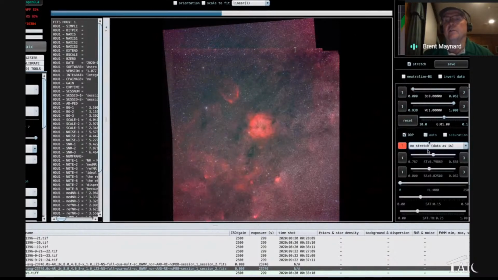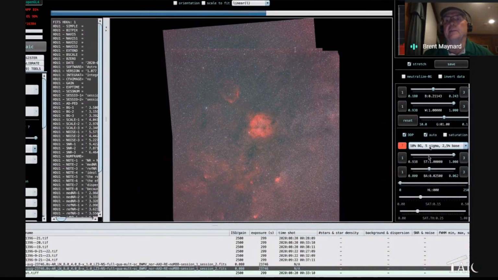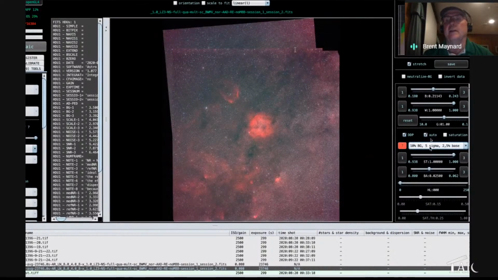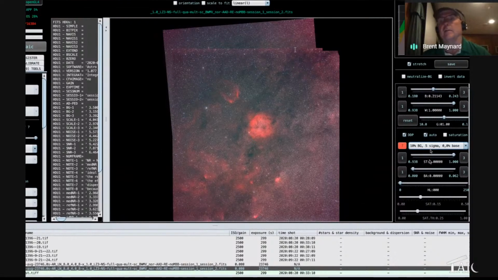So I can do a no stretch, it gives me back non-stretch data. And then I can just kind of start picking some of these presets and see how they look. And if I like one better than the other, then I can, okay, that looks pretty good. And then you can start going into some of these other areas and